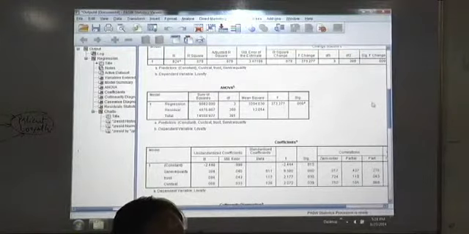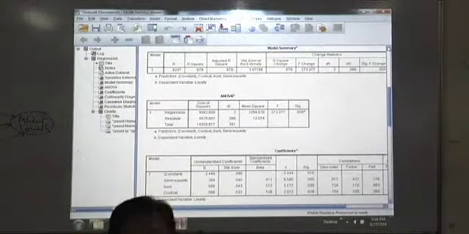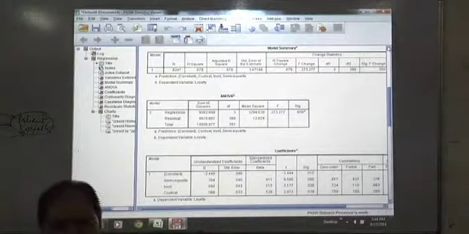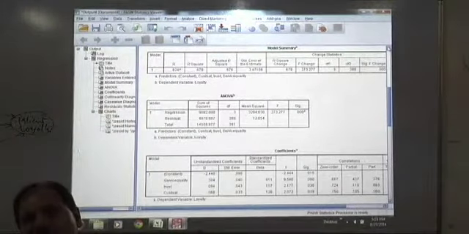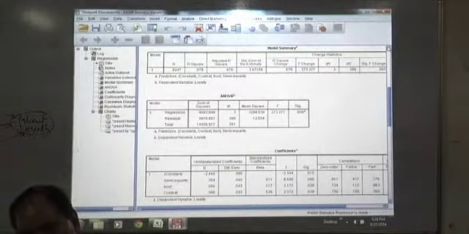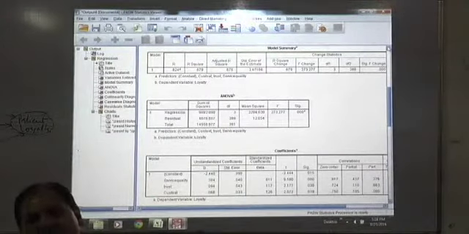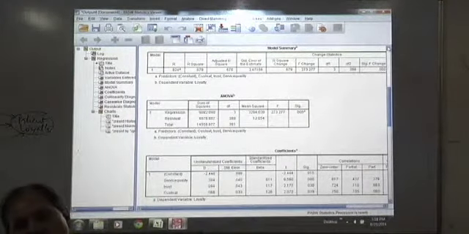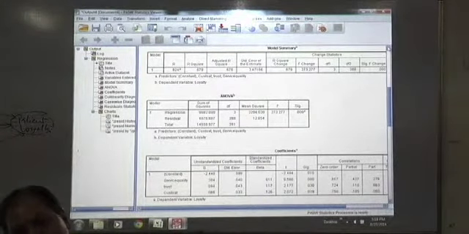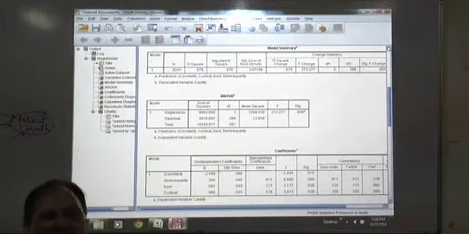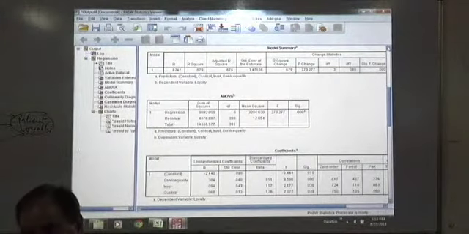Regression coefficient, adjusted R square, is 0.676. How is it interpreted? 67.6% variance in the dependent variable is explained by all the three independent variables. That means there are some other variables contributing the remaining 32.3% of the variance. That means there are some more variables affecting your customer loyalty. Some of them could be price and other things.